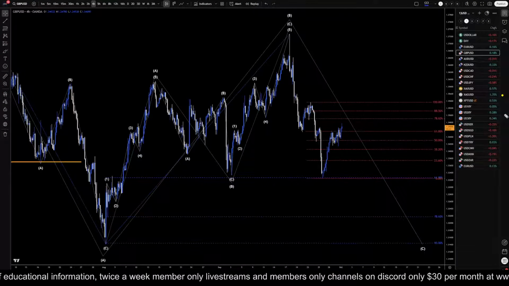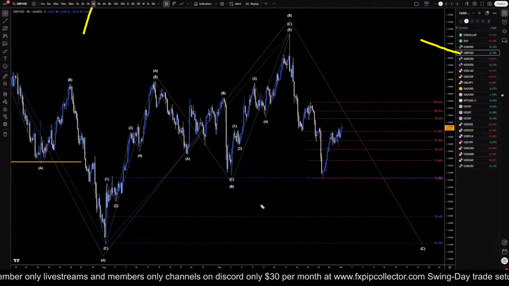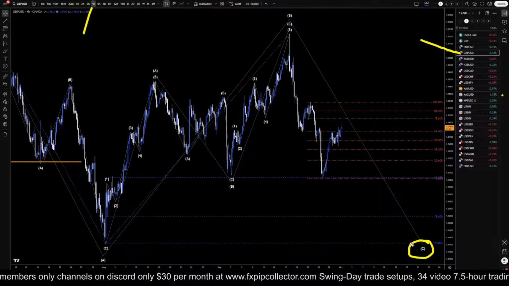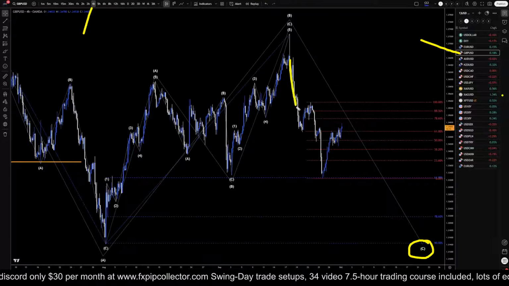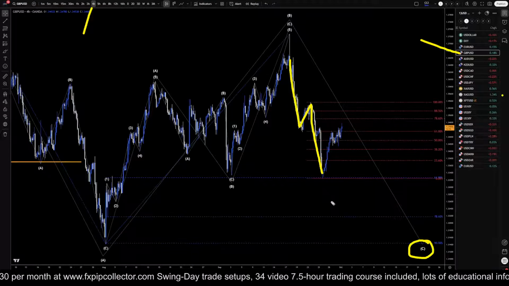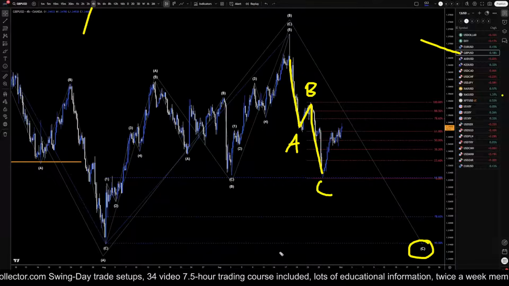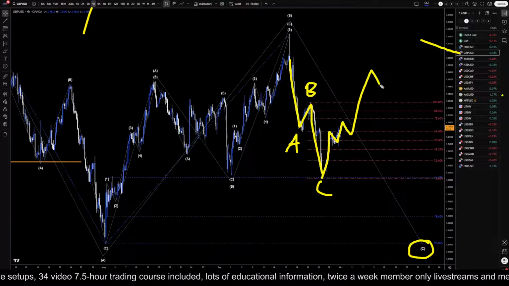Today is Wednesday, October 1st, and this is my analysis for the pound US dollar, and we're on the 4 hour time frame. On the 4 hour time frame, my original analysis was that it was going to go down and make a big wave C, but to me, this doesn't look like a trend anymore. It didn't really maintain impulsive movement to the downside, but instead, it made what I think possibly looks like another ABC correction. If that is an ABC correction, it's either now going to continue the uptrend, making higher